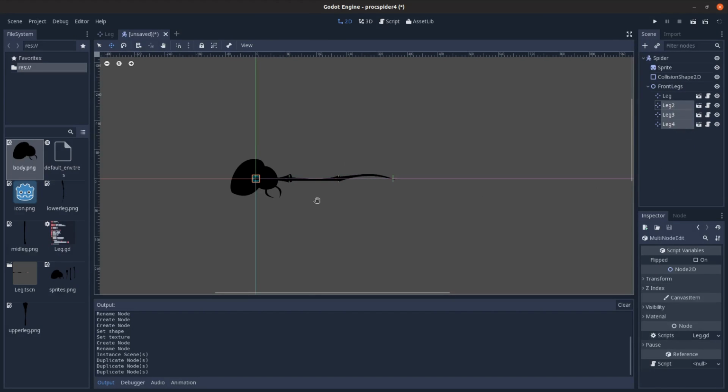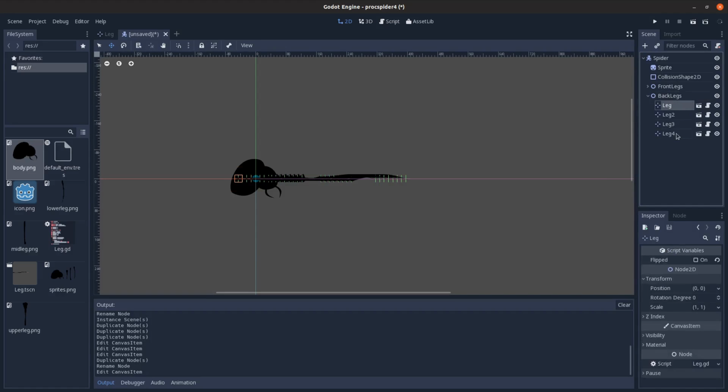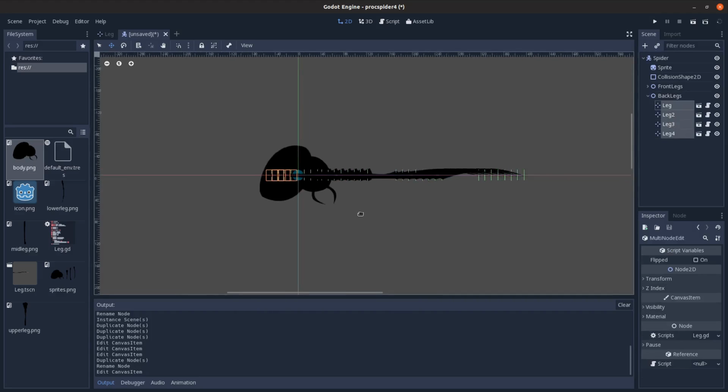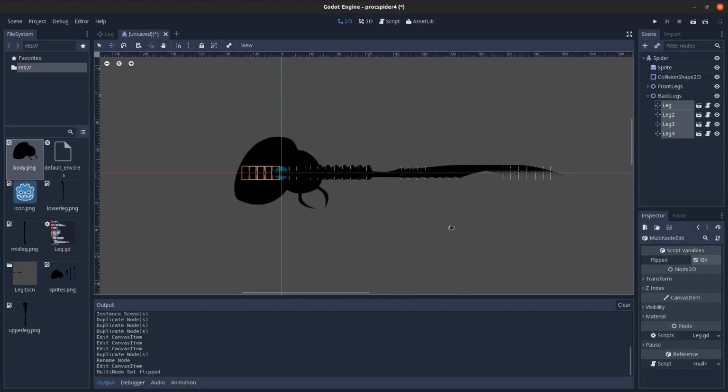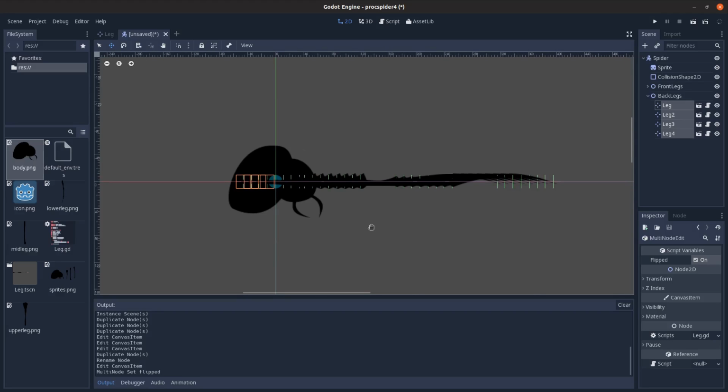and I'll just move them a little bit so they're a little spread out. And then duplicate this, and I'll call it back legs, and move them back. And then for these ones, I will set flipped to be true, I think. I might have that backwards, but I can always edit it once I see how it looks when I hit play. And then finally,